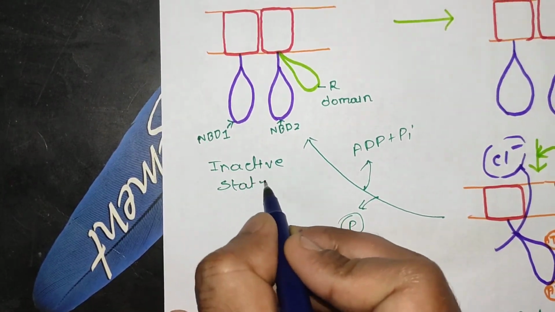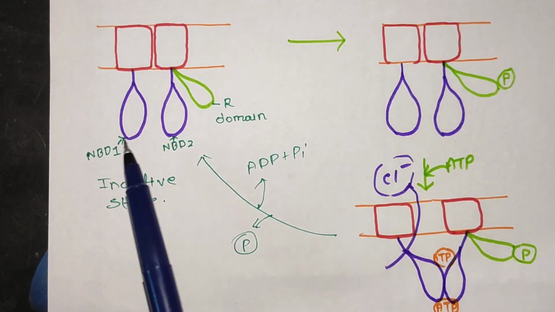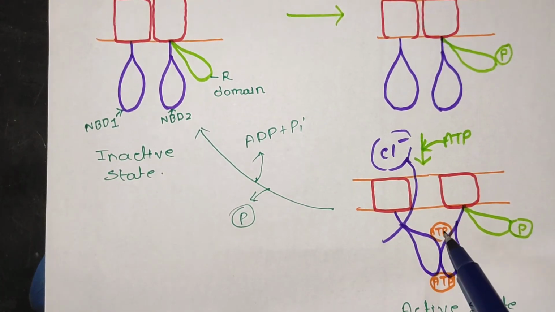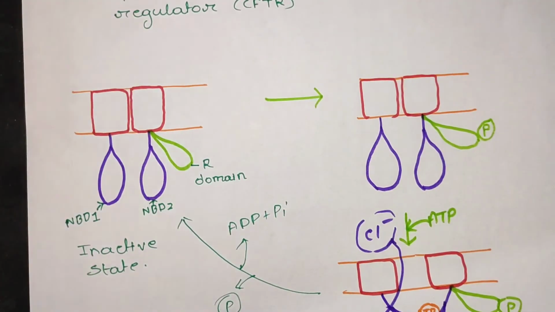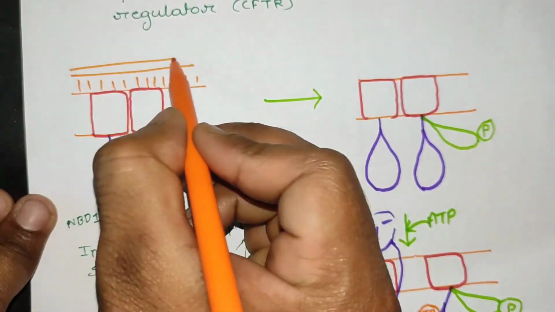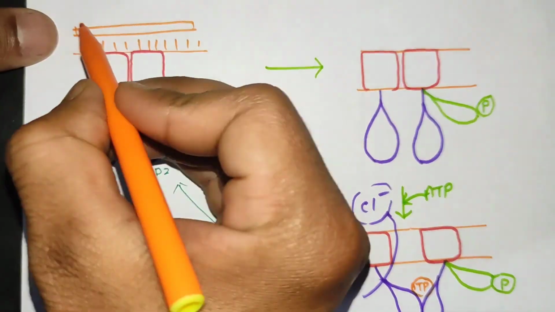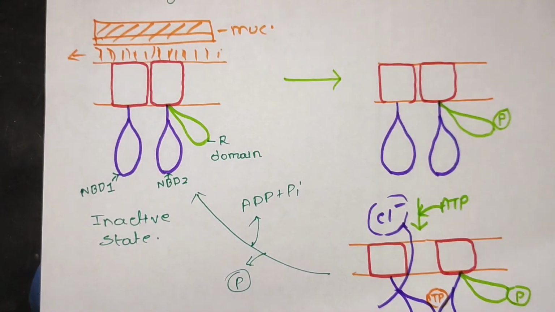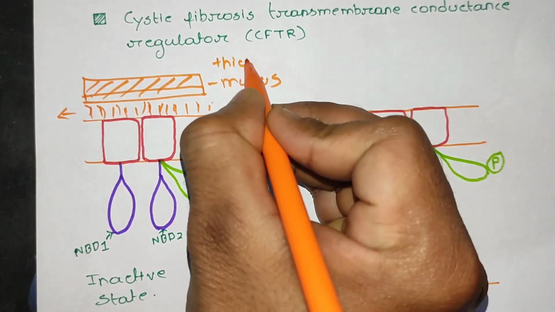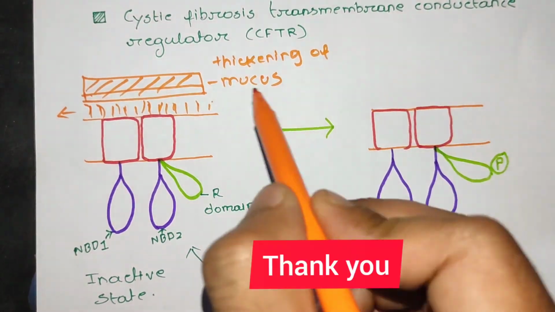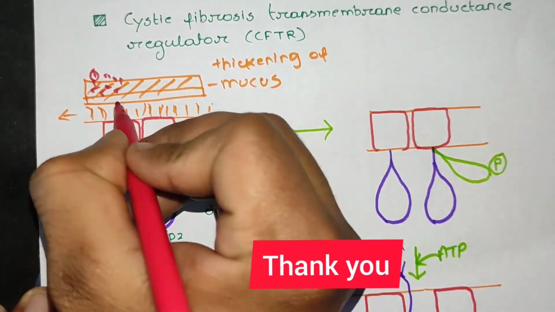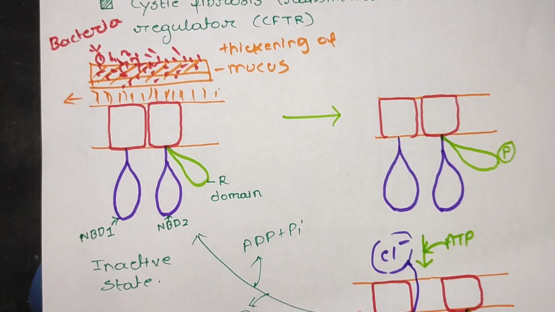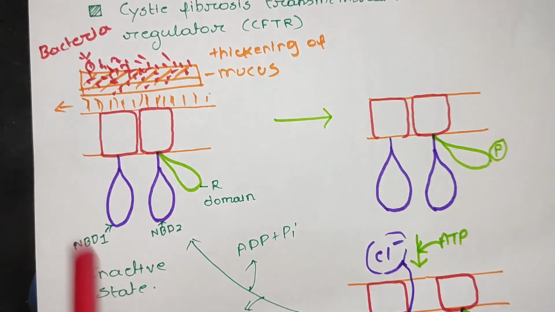But in case of lungs, the inner surface of the lungs contains mucus. In normal circumstances, it is thin, and the cilia which are present easily sweep away the bacteria. But in case of cystic fibrosis, the mucus becomes thick, due to diminished movement of water into the inner surface of the lungs. That is why thickening of the mucus occurs, and it promotes the growth of several types of bacteria, and the cilia do not sweep away the bacteria present on the surface of the lungs, and ultimately